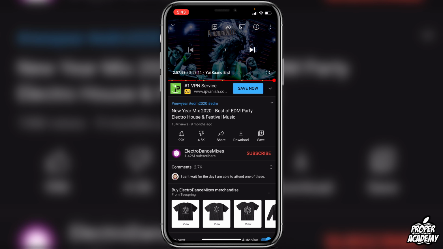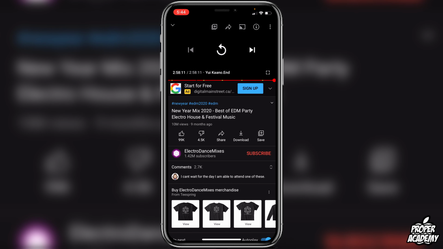But I'm just going to show you guys first, before I show you how to do it. Typically, whenever you're watching or listening to a music video, when the video is done, it's just going to go to the end. It's going to show you that restart option, which looks just like this. So instead of having to do that and having to come back to the application and replaying it,